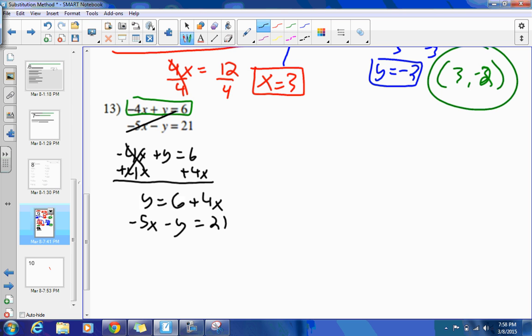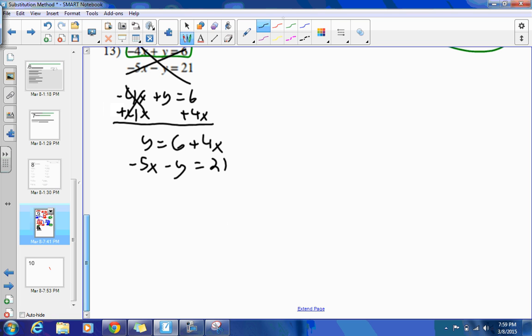So now we have our two new equations. Here we're going to cross it out. Here are our two new equations, and we can plug in whatever y is equal to. In this case, it's 6 plus 4x. Plug that in for y. When we do that, it'll look like -5x we have left in this equation, minus, and for y we're going to plug in 6 plus 4x